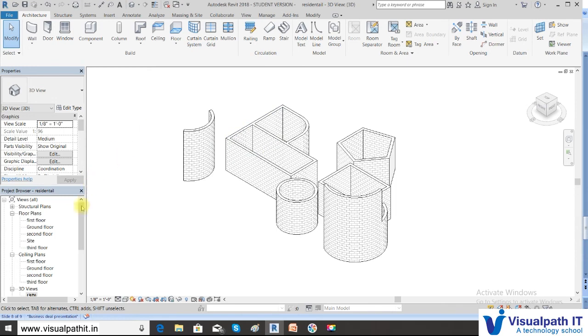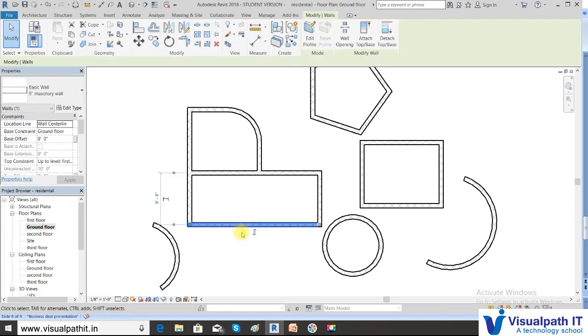Okay, so this is how you draw the walls, and we have seen some types of editing the walls. So one editing we saw in the ground floor: you can use the cursor and move it. This is the editing in the 2D view. And editing the height we saw, editing the thickness we saw. So now we have learned how to edit the thickness, how to edit the height, and how to edit the options, change the location line and create a new wall.